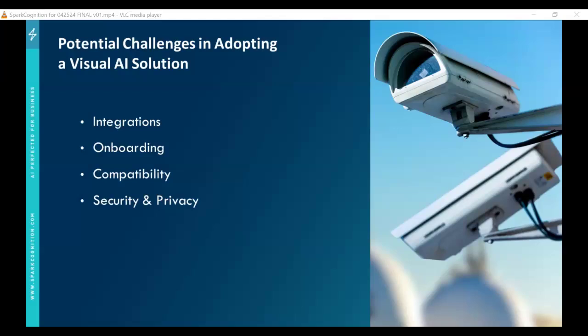A lot of us have no blame EHS cultures. And so we want to support that with any sort of visual AI or computer vision reporting solution. So, you should ask your vendor, do they support anonymization in their solution? So you can blur people's faces from reports and